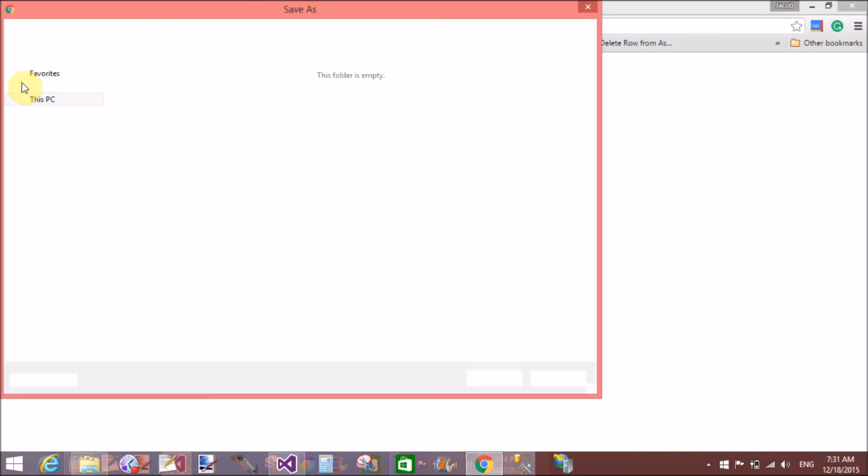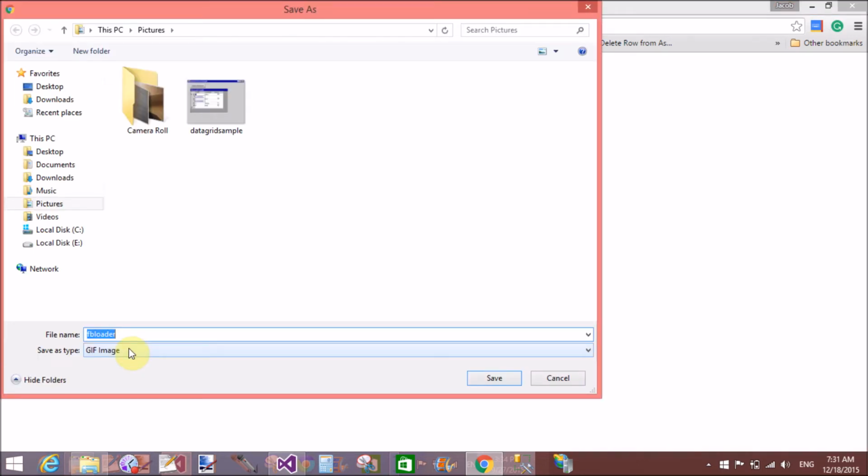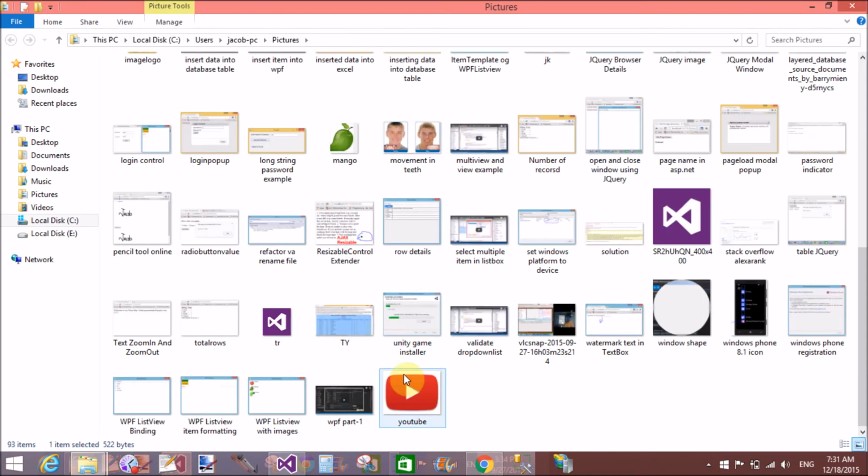Okay, so we have a GIF file for loading images, the fbloader.zip file. Now save this file and use it for your image location, or you can also use this URL.